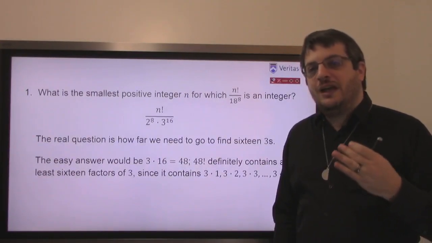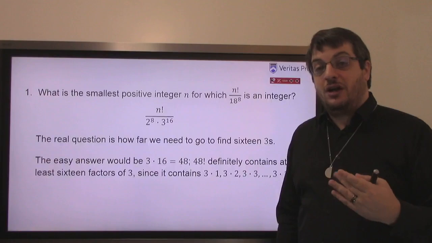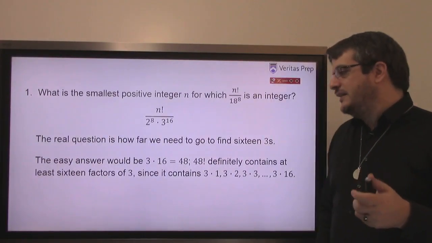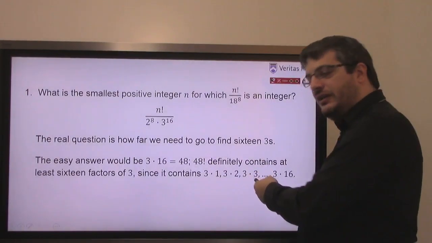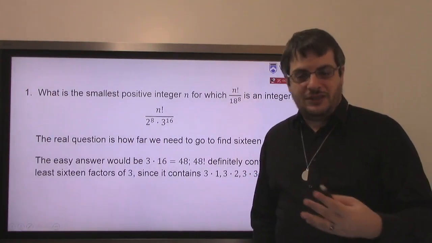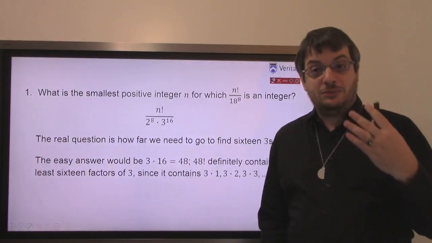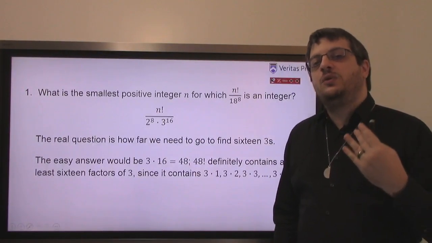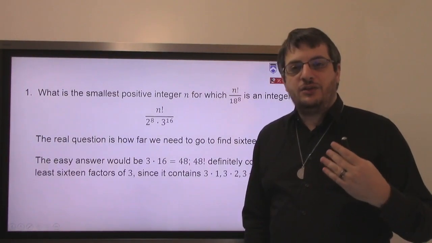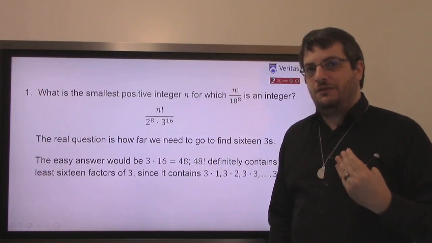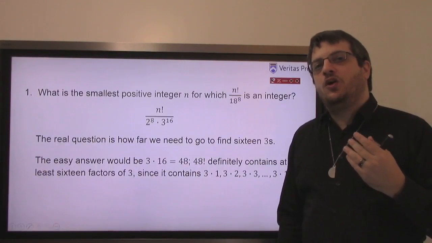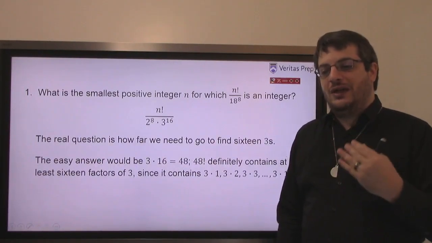3. In fact, we will have more than 16 factors of 3, a lot more, because a lot of those numbers, 3 times 3 for instance, 3 times 2 times 3, which is 18, 3 times 3 times 3, which is 27, a lot of those numbers will have extra 3s. A lot of those numbers that are only one multiple of 3 contain multiple factors of 3. And when you realize that, then I hope you realize that 48 goes way too far.